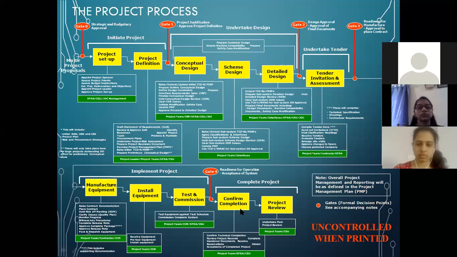Confirm completion. Completion is nothing but you will be reviewing all your project records, or reviewing all the activities that you have done in your project process. It means what the planned things were and how you did them. Nothing but gate 0 and gate 4 you will be comparing. Did we do our project based upon the planned activities before starting our project? Is there any difference, or are both things similar to each other?